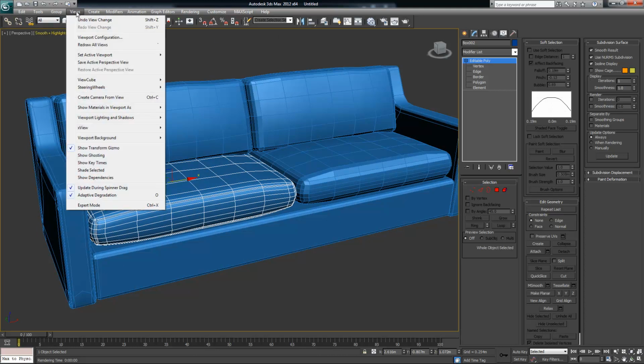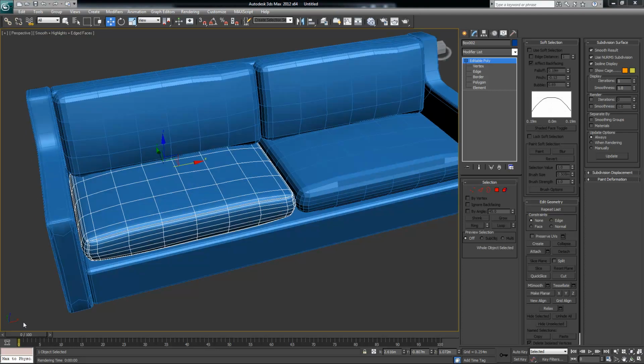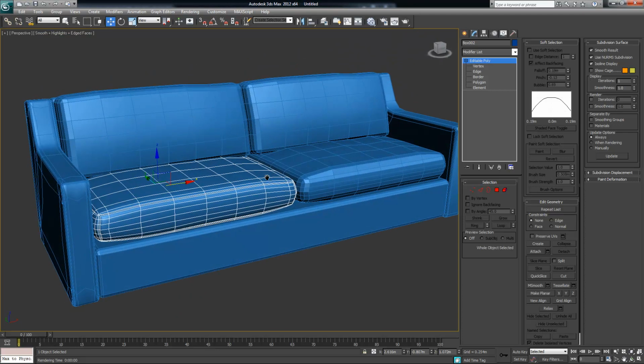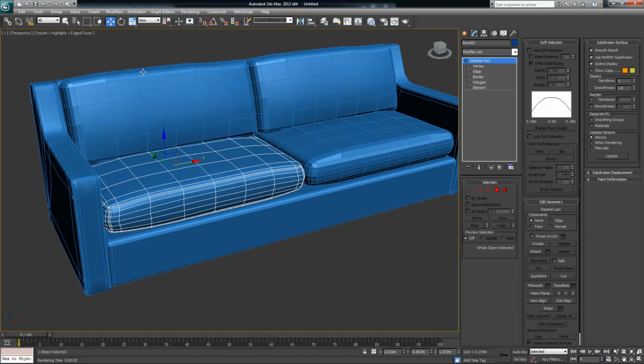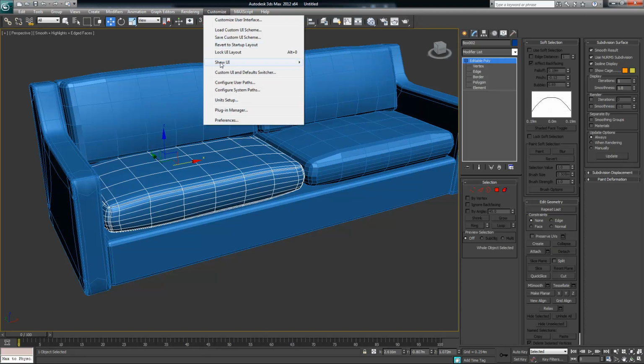So I'm going to go to, hold on one second. Okay, so the tools I was looking for are called the ribbon or the graphite modeling tools. And for some reason, I must have hit a hotkey and hid them. The way we do it is we go into Customize, Show UI, and I'm looking for the ribbon. So I'm going to say Show Ribbon,